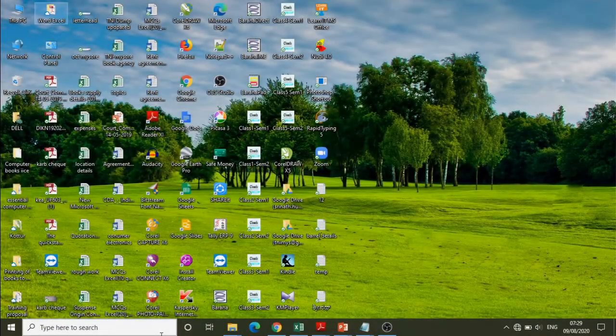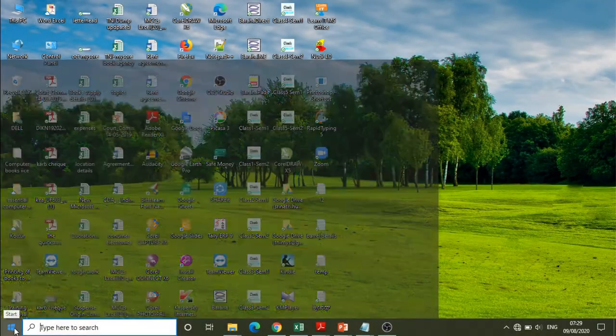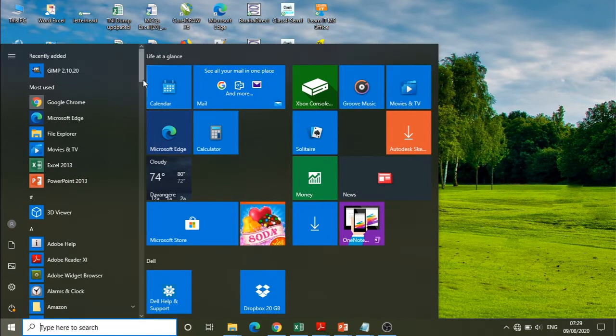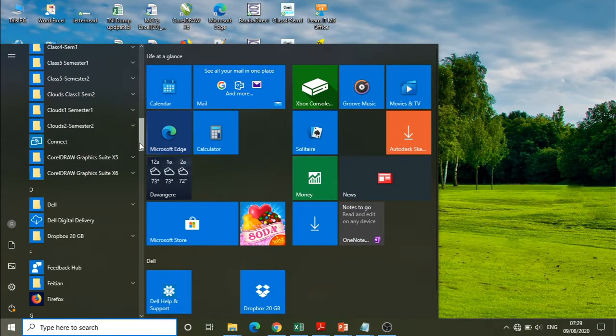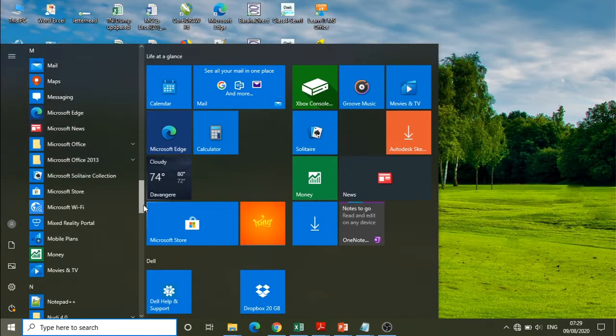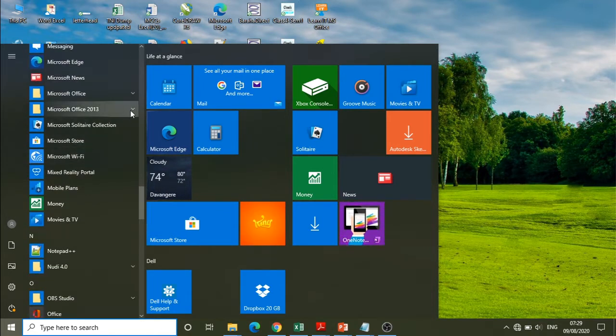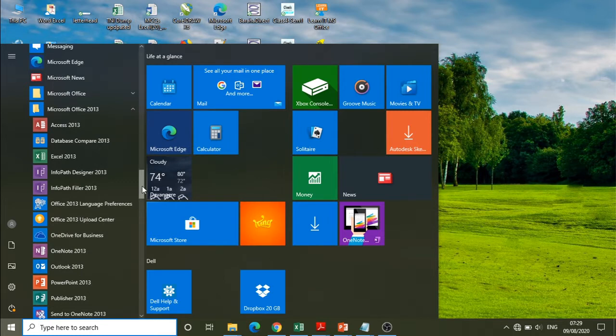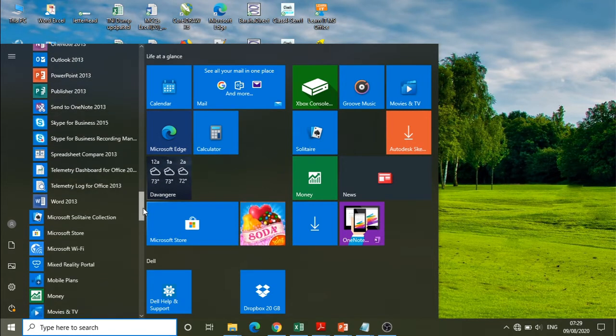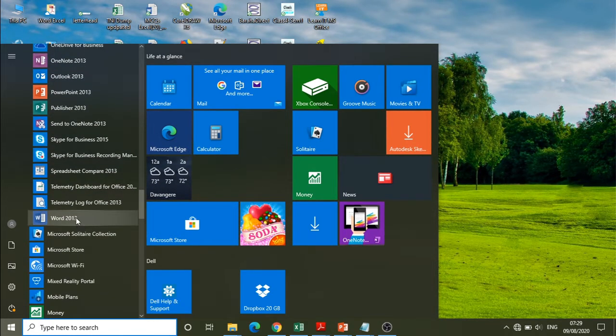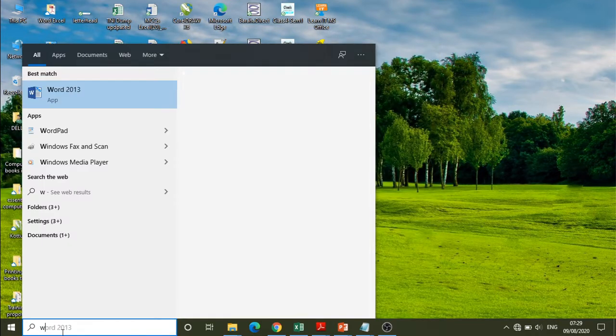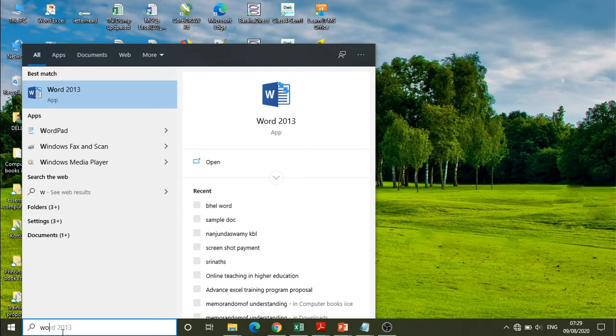To start MS Word, click on the Start button and then you can search for the MS Word application, which is under Microsoft Office. So, you can get it here, that is Microsoft Word, or you can just type the text, that is Word.